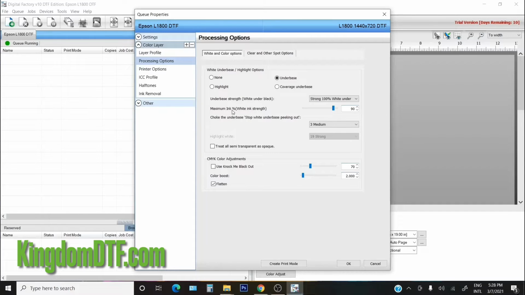And then let me see, maximum ink percent, white ink strength. I'm just going to leave it as 90, but you can play around, and if you see that 70 is good for you, or 72, you can use that option. Just click OK, and you're going to always be using that percent of ink. The same goes for the other ones,